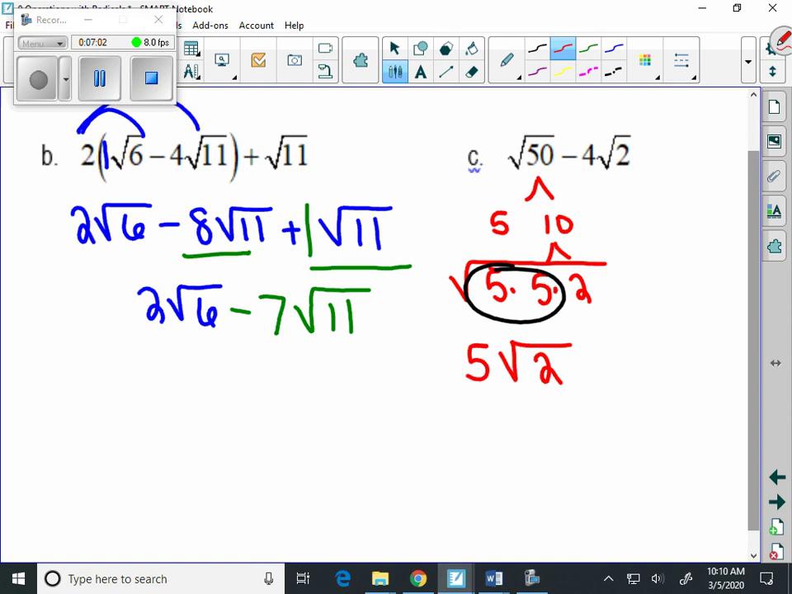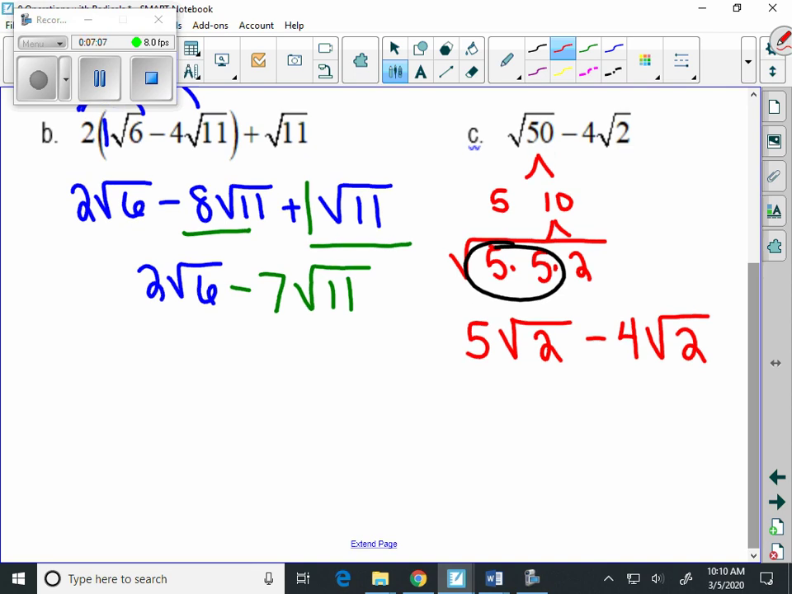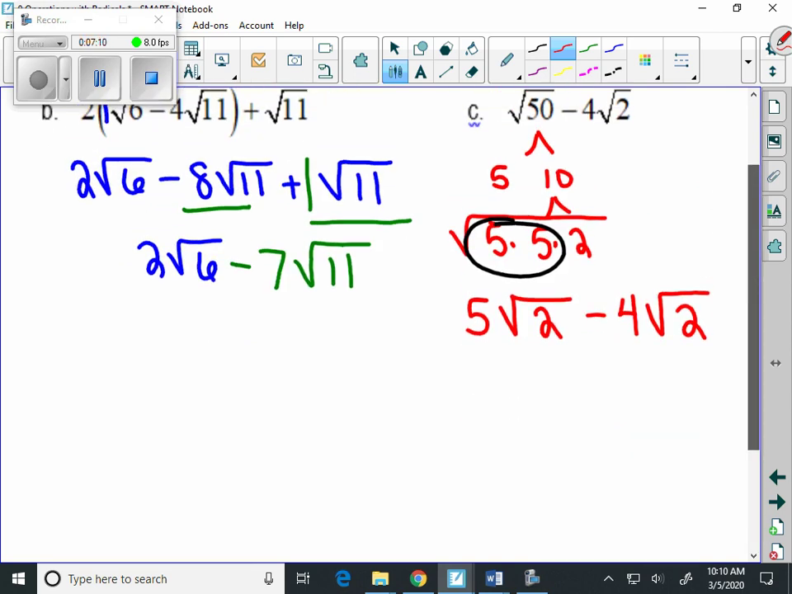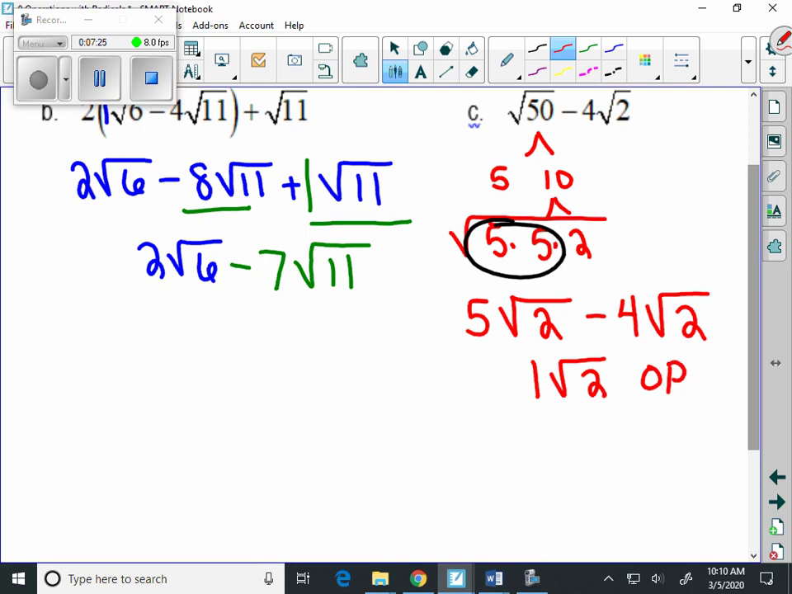And we still have in our problem a minus 4 square root of 2. But now that we simplified the square root of 50, we see that they really are like terms. They both have a square root of 2 in them. And when we have like terms, we can subtract, in this case, the coefficients. 5 minus 4 is 1 square root of 2. And you can write the 1, or you don't have to. Either answer is fine with me. I'm not going to mark it wrong if you write the 1,